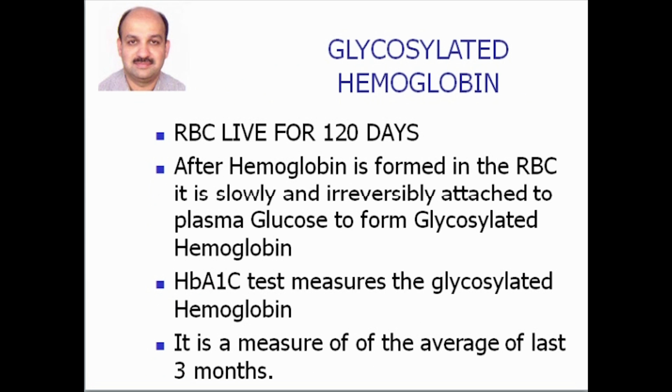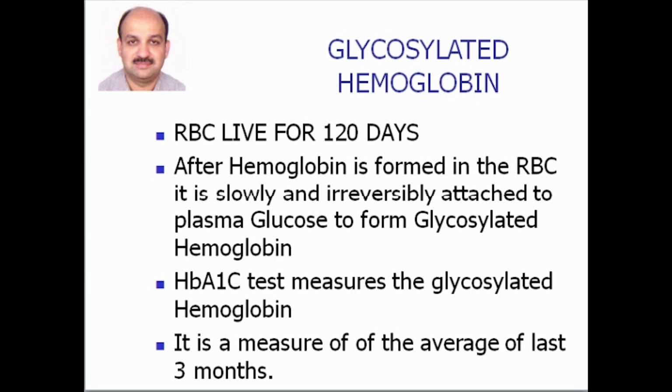What is glycosylated hemoglobin? Glycosylated hemoglobin is a new test that has just come into vogue in the past 8 to 10 years. RBCs normally live in the blood for 120 days after they are produced. RBCs contain hemoglobin, whose function is to carry oxygen. Once the RBCs are formed, the hemoglobin in the RBCs gets slowly but irreversibly attached to plasma glucose to form glycosylated hemoglobin. This association is irreversible and it continues at a rate which is dependent upon the blood glucose